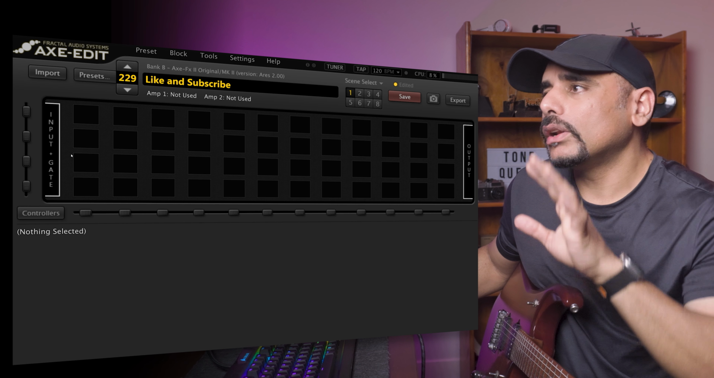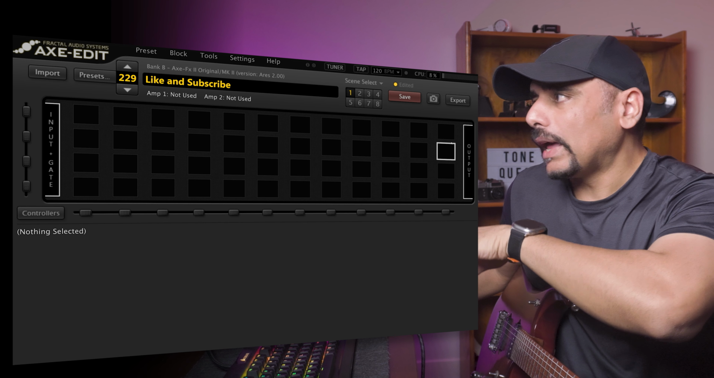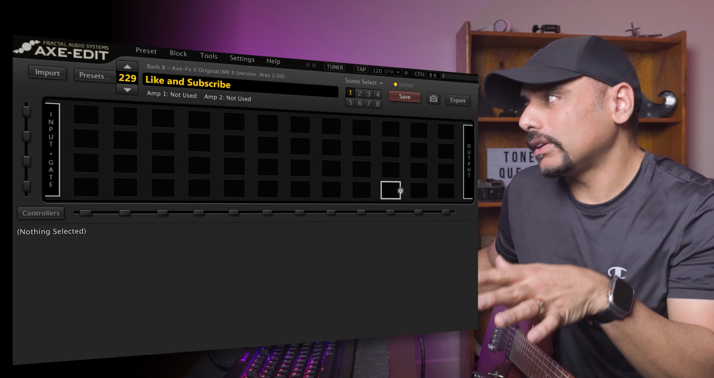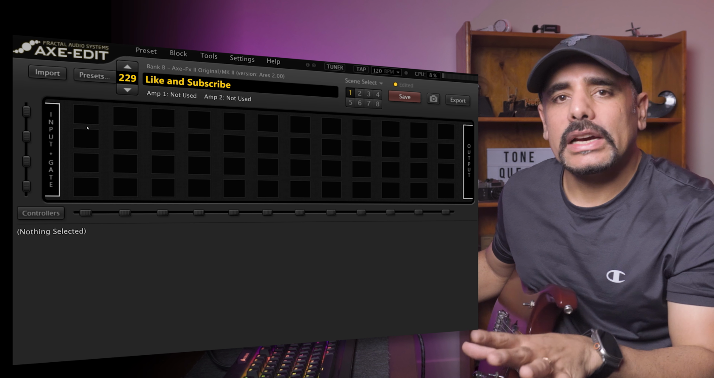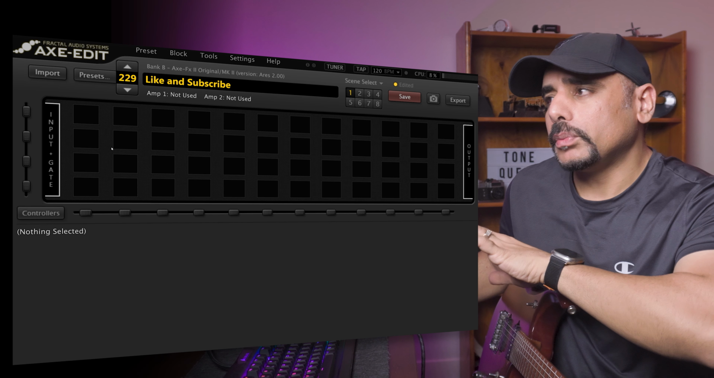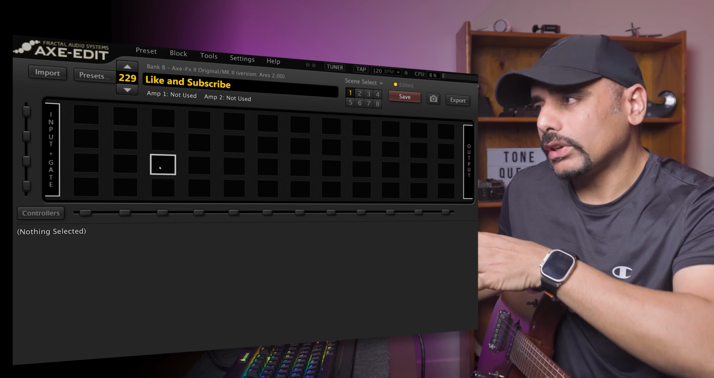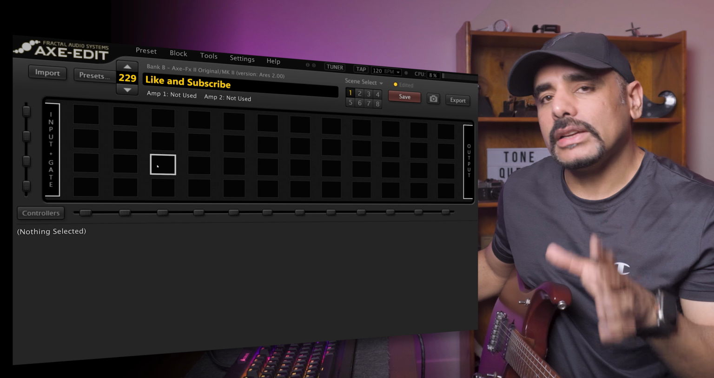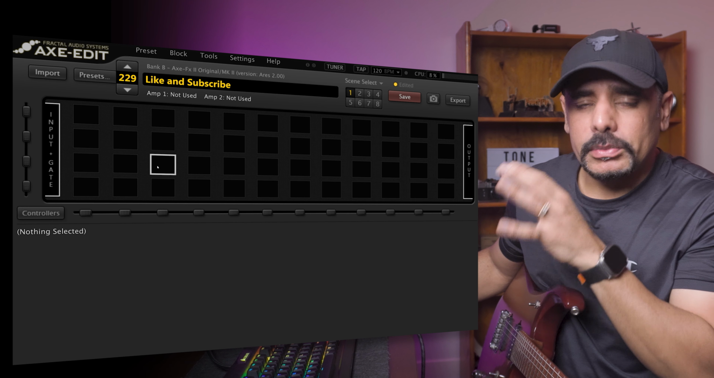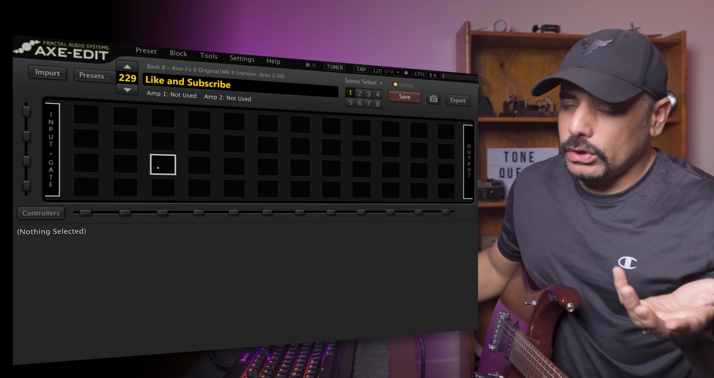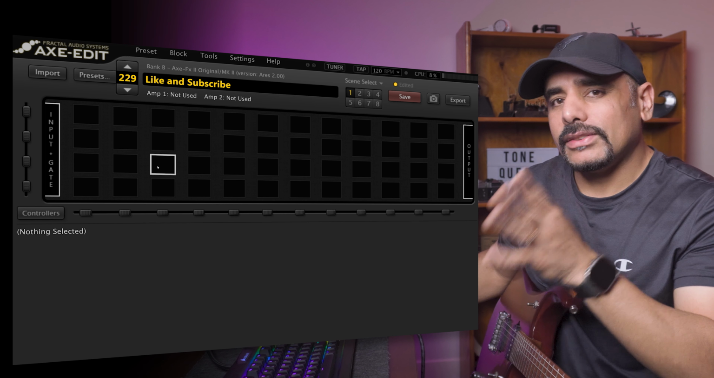And the second thing you want to learn about is this big black grid that is presented in front of you. Now, this is basically where most of the action is going to happen. This is where you'll be spending most of your time trying to move blocks around and creating what we call a signal chain. If you've ever played through other modelers, you should be kind of familiar with what a signal chain is. Or if you're a pedals guy, you would know that you would create a signal chain by